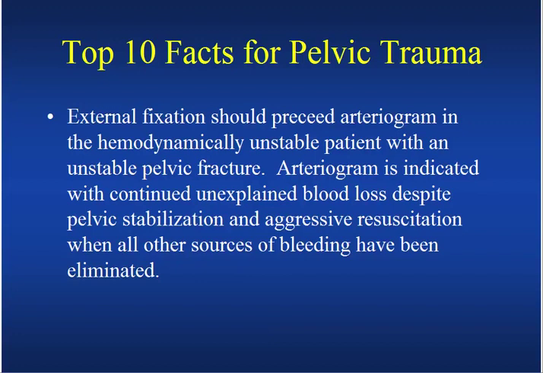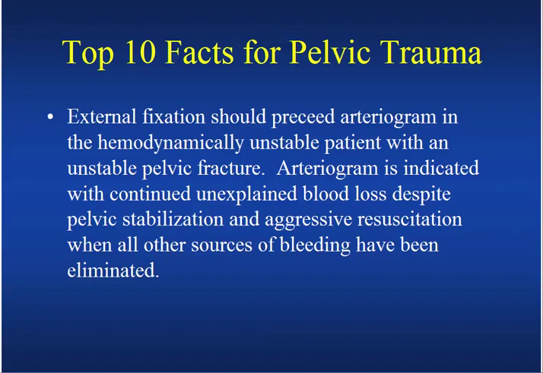He says that external fixation should precede arteriogram in the hemodynamically unstable patient with an unstable pelvic fracture. I would modify that a little bit and say some sort of external immobilization of the pelvic ring. And I think most commonly what is done now, and what is probably appearing on standardized tests, is that if the patient is unstable, you've done adequate fluid resuscitation, and the patient has a pelvic ring injury and is hemodynamically unstable, the next treatment of choice would be some external immobilization of the pelvic ring. You can tie a sheet around the pelvis, you can place a bean bag, something,